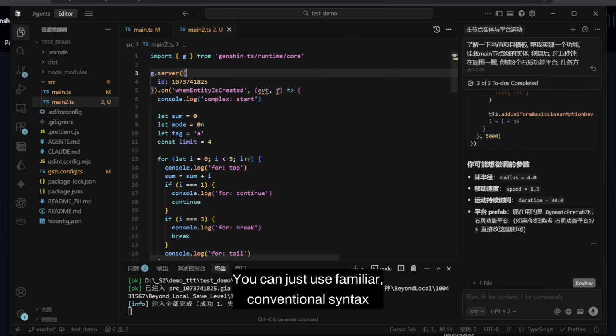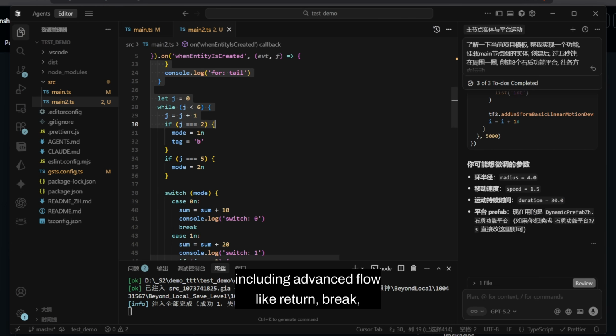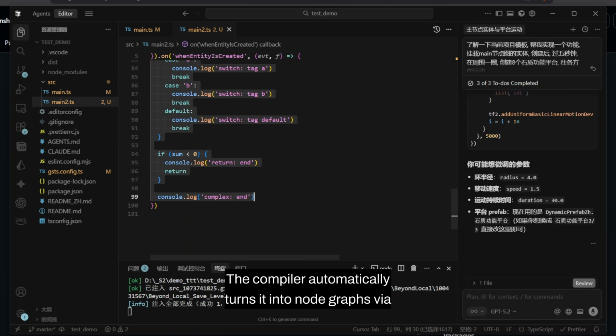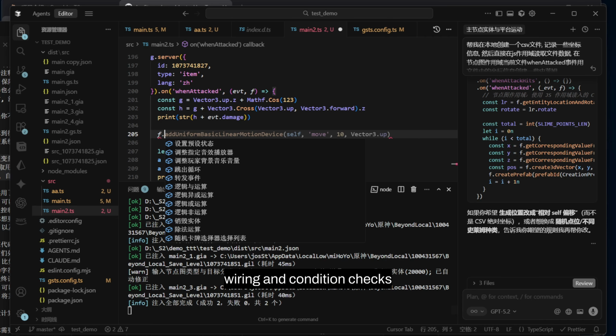You can just use familiar, conventional syntax, including advanced flow like return, break, continue, switch, etc. The compiler automatically turns it into node graphs via wiring and condition checks. Of course, if you want full transparency, F calls still include one-to-one node graph flow control definitions, and every other